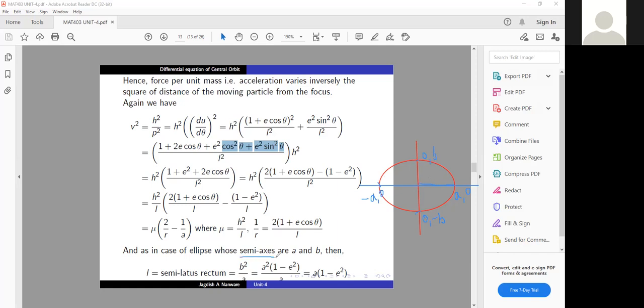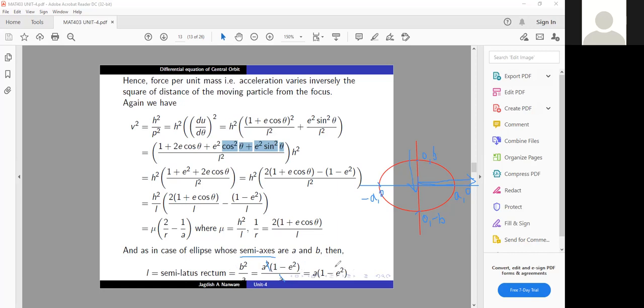Semi-axes are a and b, meaning this distance is a, this distance is b. This is the semi-axis along the x direction, this is the semi-axis along the y direction. That is what it means. If you know this, you can find the semi-latus rectum. The formula is b square upon a: make the square of this distance divided by a. So b square is nothing but a square into 1 minus e square, that is the value of b, divided by a. e is the eccentricity. If you simplify, this a cancels with the a here, and we have a into 1 minus e square.